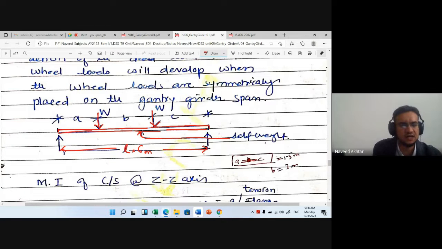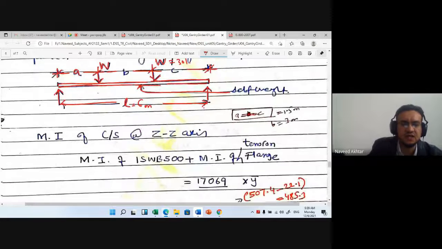Okay, and the reaction already we have found out. Now these 2 point loads are there and they are equal, and that is 301 point something kilonewton, है ना. And if they are at equal distance from the center, then the deflection will be maximum, because it is a simply supported beam, है ना. तो जब ये लोग इक्वल डिस्टेंस पे सेंटर के रहेंगे तो आपका लोड ज़्यादा रहेगा.